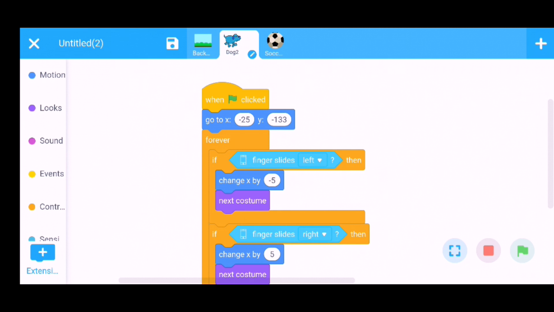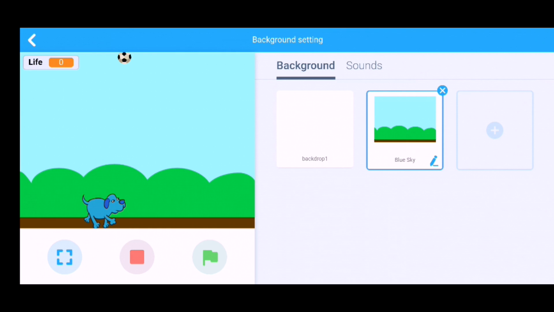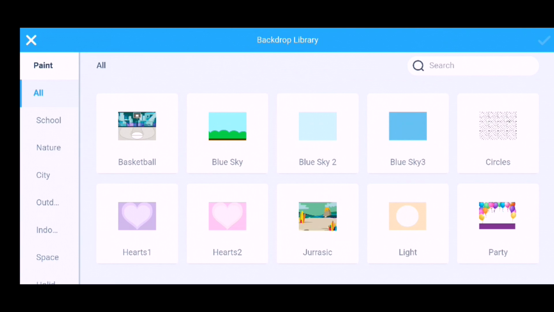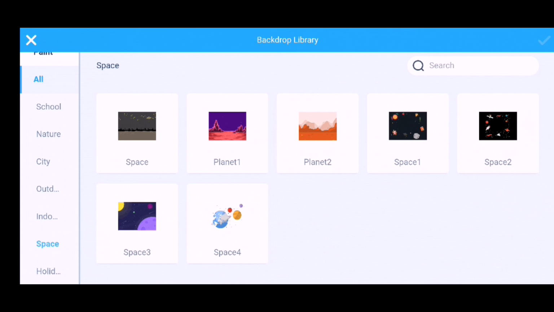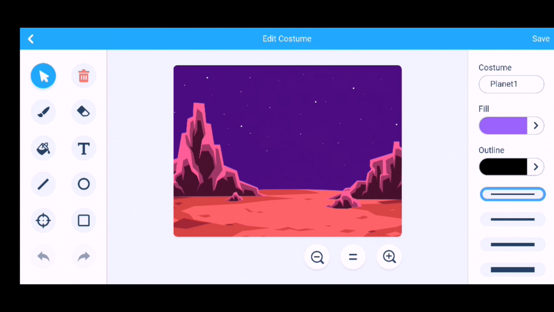Okay, now we want to change the backdrop here. For this, go to background, select here one more backdrop to show the game over. Click on this, choose any background. I will choose this one. Click OK. Added this, type here game over.